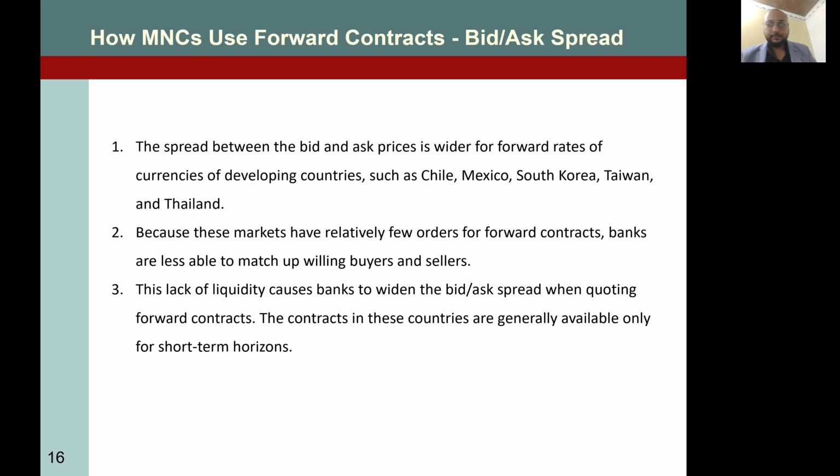So guys, you understand? Now, the second point is, because these markets have relatively few orders for forward contracts, banks are less able to match up willing buyers and sellers. Why? Because somebody wants to sell to you at a higher price, somebody wants to sell at a lower price. So it is an illiquid market. Every bank or every